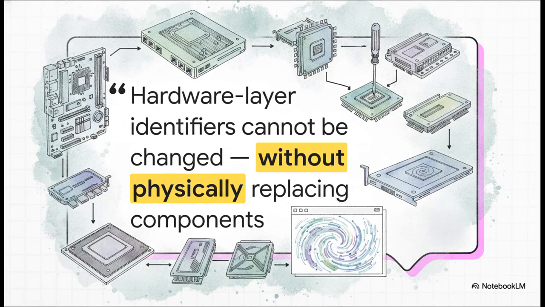And this brilliantly illustrates our ultimate takeaway from today's explainer. Hardware layer identifiers cannot be changed without physically replacing components or running inside of our tool machine. Software privacy settings, registry tweaks, desperately wiping your hard drive, literally none of it touches the immutable core of your machine. True hardware privacy on Windows is simply impossible without a physical screwdriver or running inside of a virtualized environment. So the next time you connect to a public network, ask yourself, just how visible is the